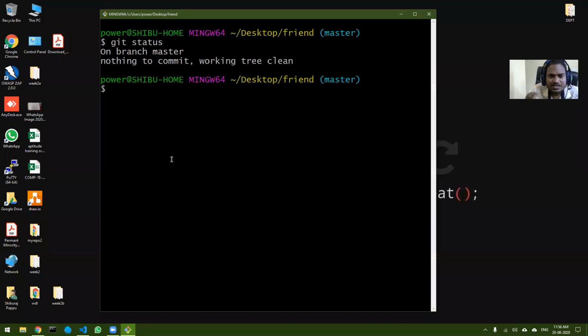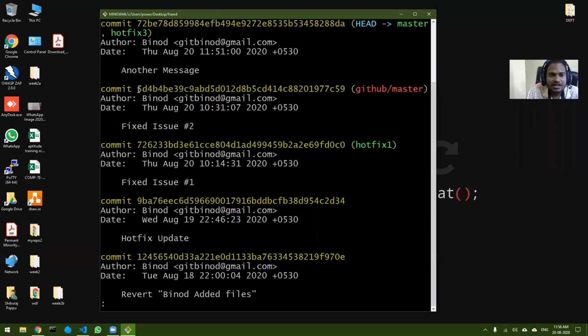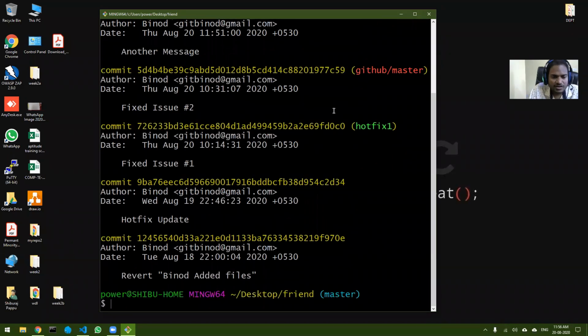Okay, so now basically here the page number is the commit ID. Now you know how the commit ID looks. I will just show you how the commit ID looks. This is the commit ID. Okay, do you think you can remember this? It is very difficult, right? So that's why, instead of remembering this, we put a tag at that particular place and remember that tag instead of the commit ID. Okay, so that is basically the use of tagging.